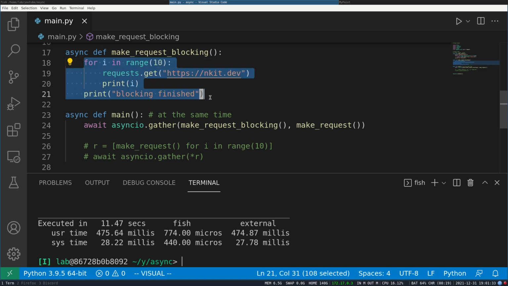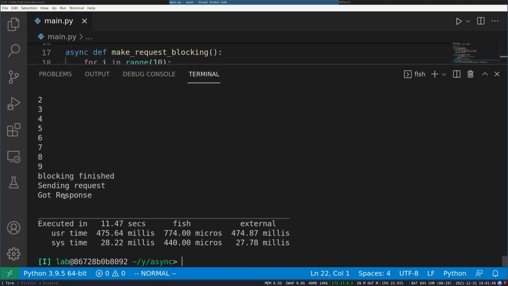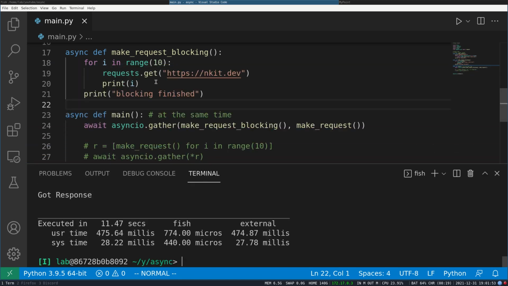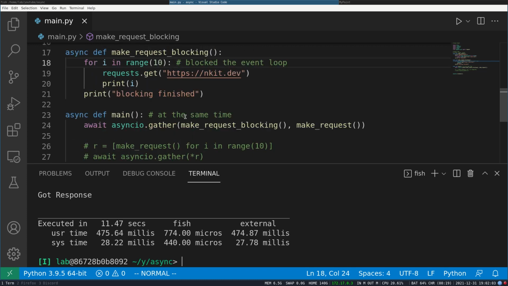This is the worst case where you tell Python that this is an async function, but it is actually not an async function. It blocks everything, and this is known as blocking the event loop. It made all 10 requests, then moved on to the next function because the blocking was finished. While this function was running, it blocked Python, so no other task could execute at that time.